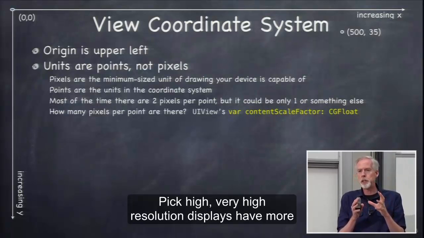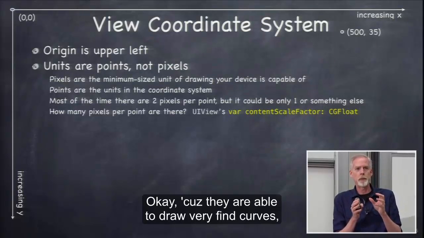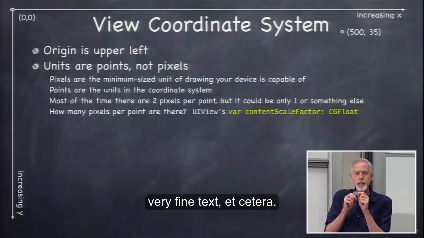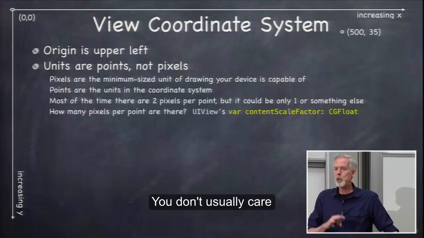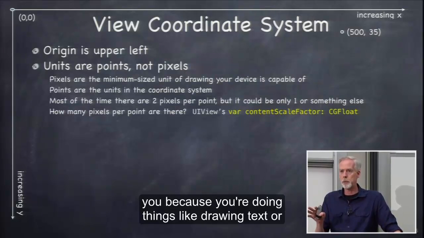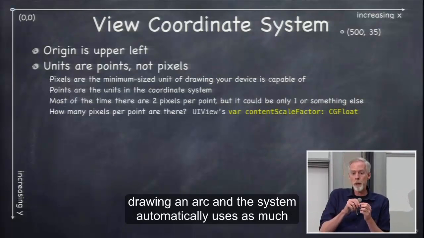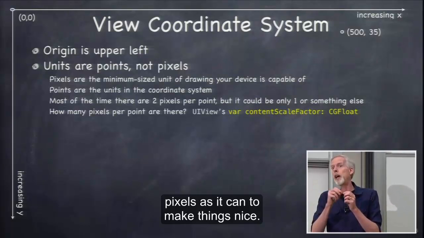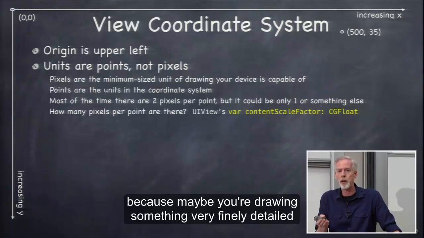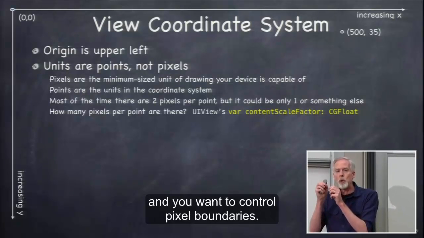Very high resolution displays have more than one pixel per point, because they're able to draw very fine curves, very fine text, etc. You don't usually care about the difference between points and pixels. It's automatically handled for you because you're doing things like drawing text or drawing an arc, and the system automatically uses as many pixels as it can to make things nice. But occasionally you do care